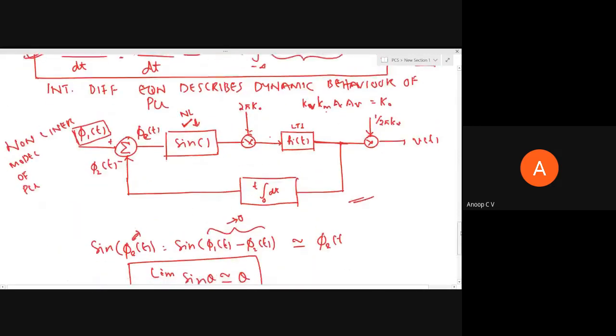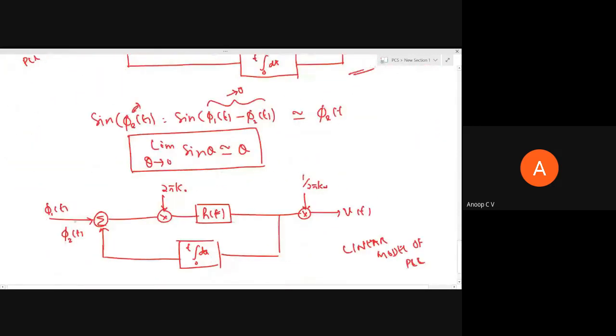So the idea is that we are getting phi 1 of t minus phi 2 of t, and when this difference is very small, we get phi e of t. That is what converts. So whatever this v of t is, it will have the message information. I'm not doing a detailed analysis, but this is how you will use the indirect method.